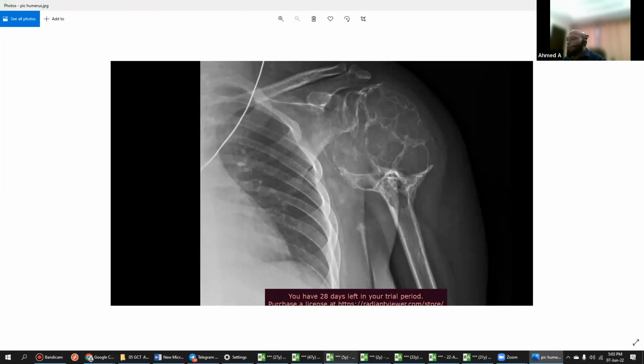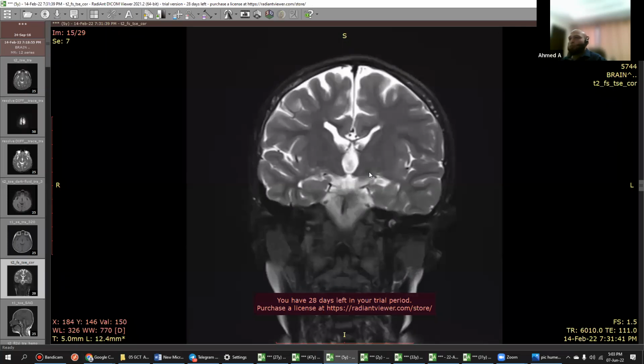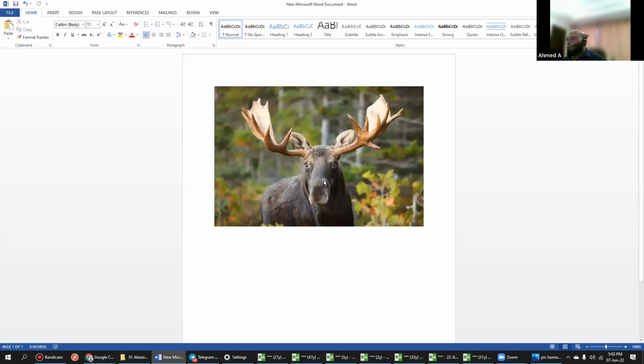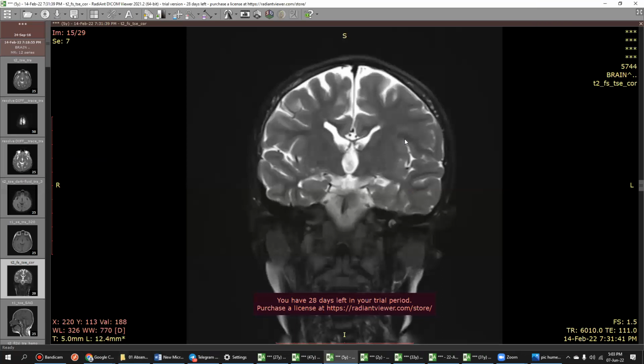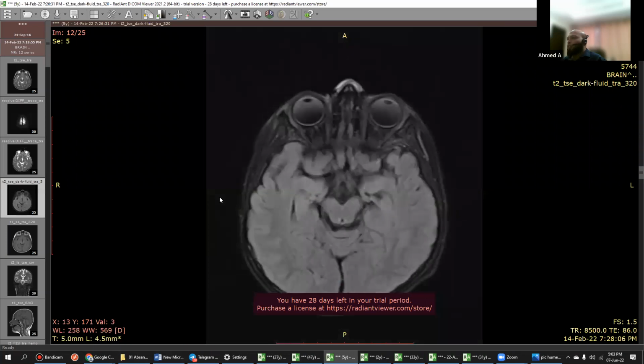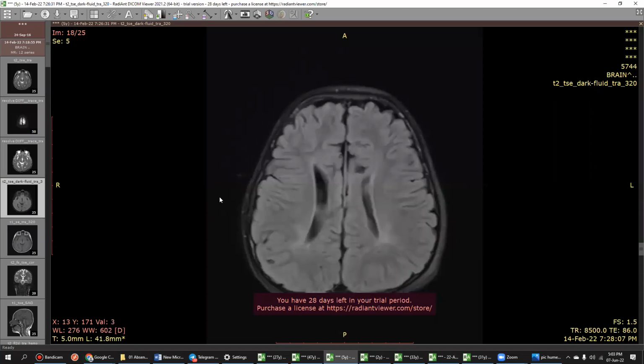So the other case, 5 years, right? This one, anything you can see here on the coronal? Very characteristic. Somewhere I kept that image also, just to help you. This one, what is this? Moose head appearance or a Viking horn appearance? I heard of it somewhere, but okay, racing car sign. These days they say racing car sign.